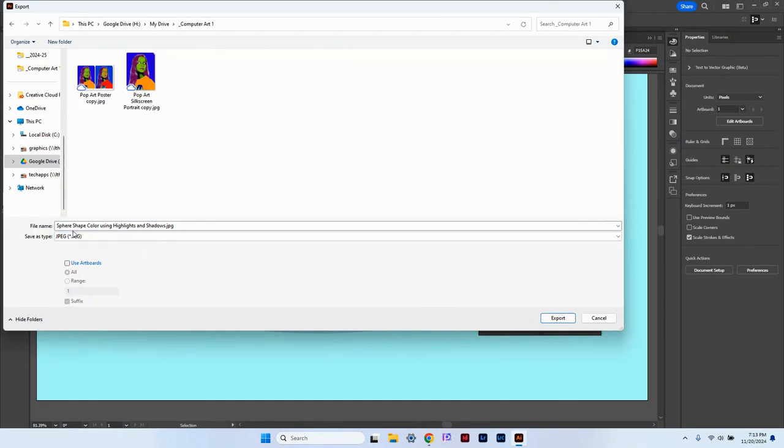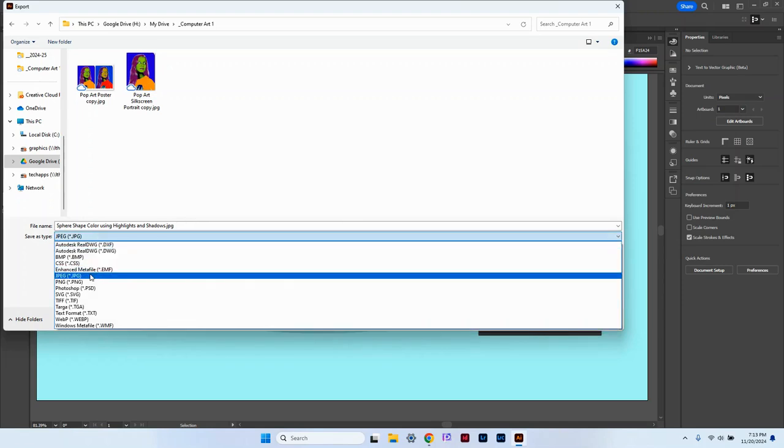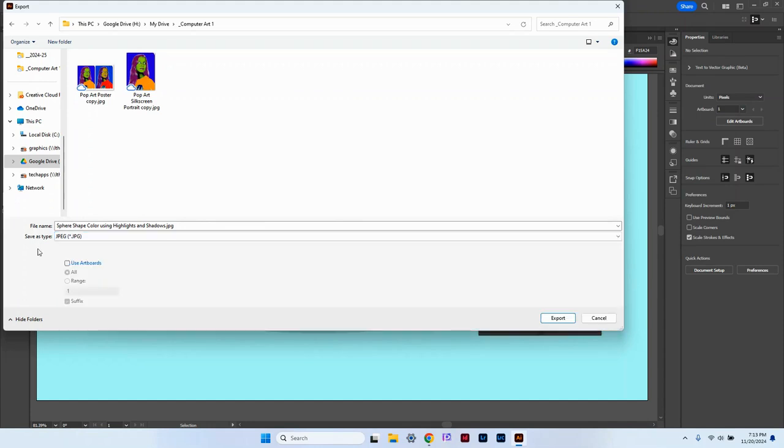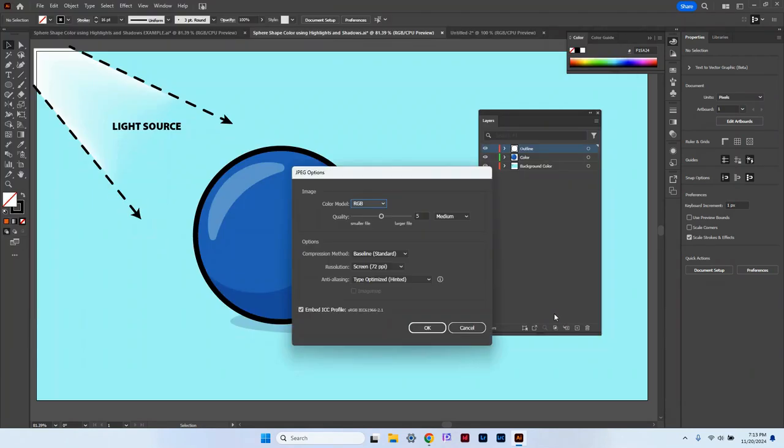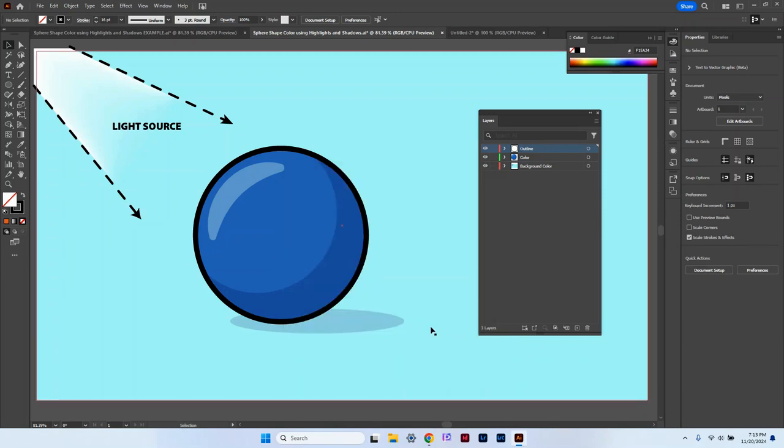And again, we're going to keep it the same name as our previous Illustrator file, Sphere Shape Color Using Highlights and Shadows. This time it's again a .jpeg. You'll pick that from the list right here, save as type, and then all you have to do is press export. Anything that pops up in the JPEG options, just press OK, and your file will then be saved as